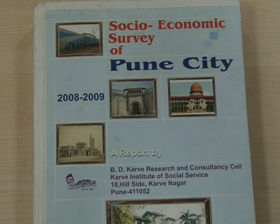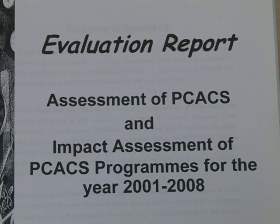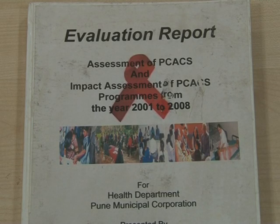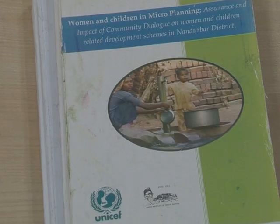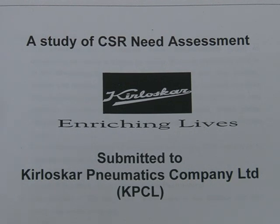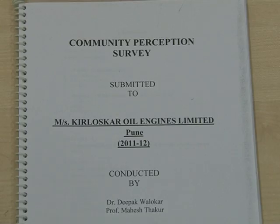It was the conviction of the faculty of the institute and also the demand from the field, which kept on motivating the faculty to undertake different research programs. The Institute has been doing a lot of consultancy assignments in different sectors such as HIV/AIDS, water and sanitation, functional review of government departments, consultancies for strategy planning, and also consultancy for evolving strategies for the CSR initiatives into different